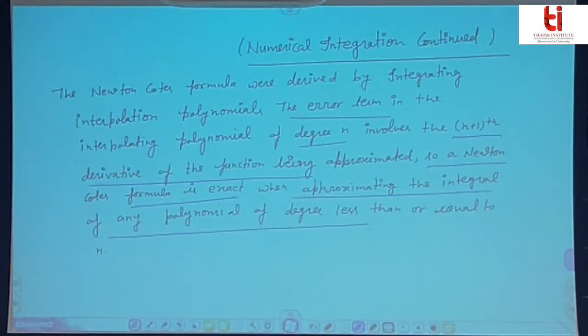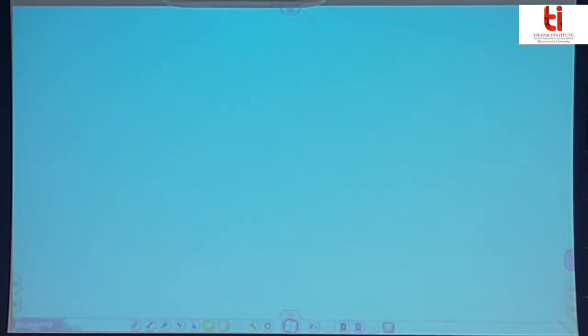So if we talk about the Simpson 1/3 rule where we are using a third degree polynomial, the error term contains the fourth derivative. That means if we are using a polynomial up to degree 3, then the error will be 0. So the Newton-Cotes formula gives the exact value whenever the function is a polynomial of degree n, otherwise we'll get error in the solution of the integration. Okay, next is the limitation of